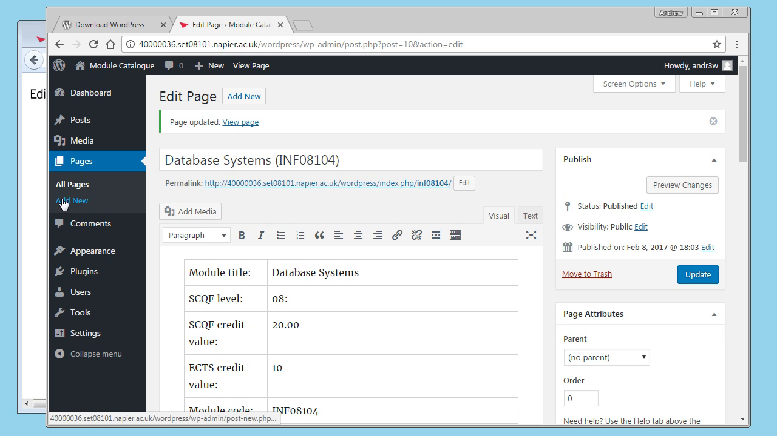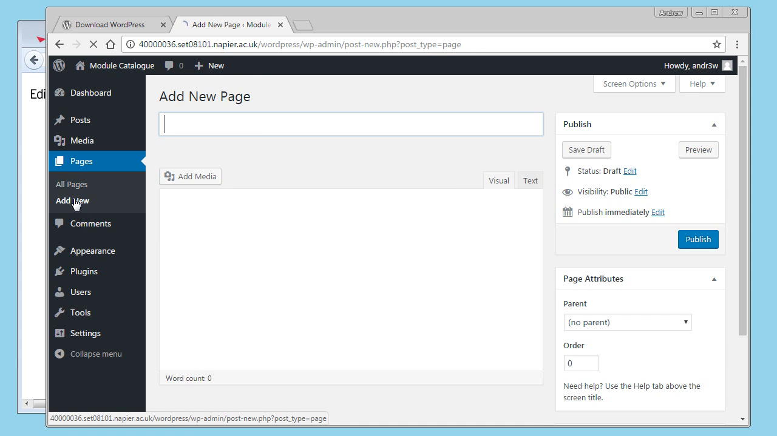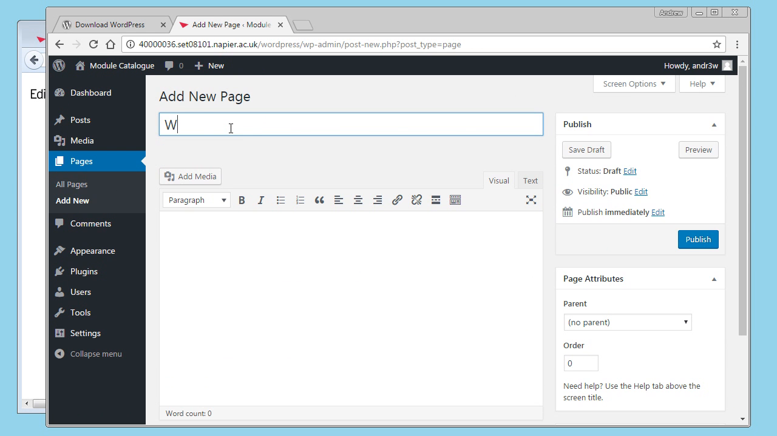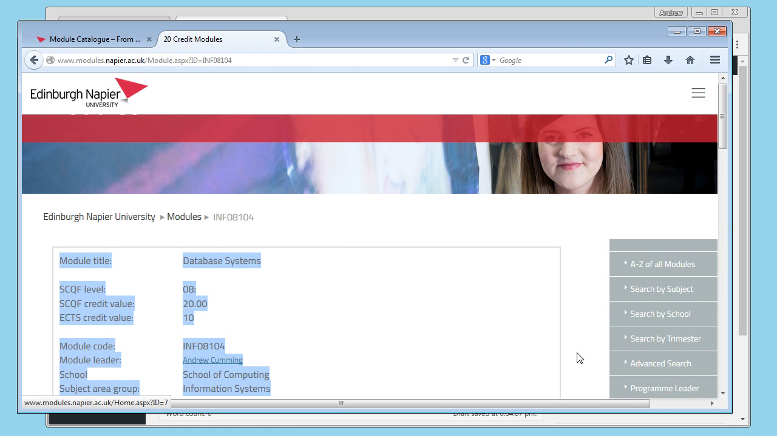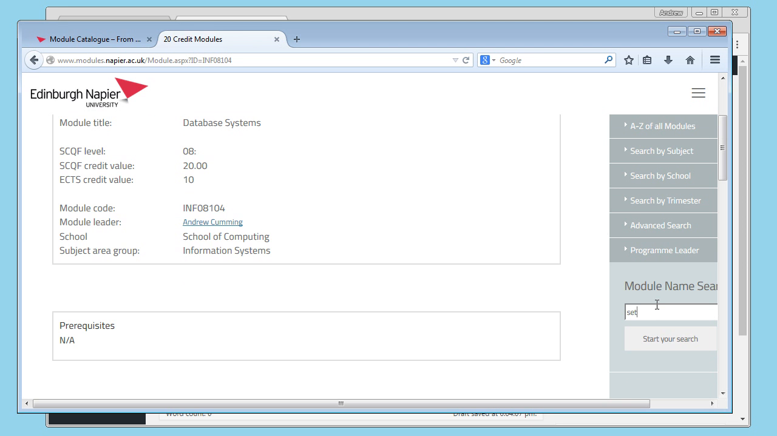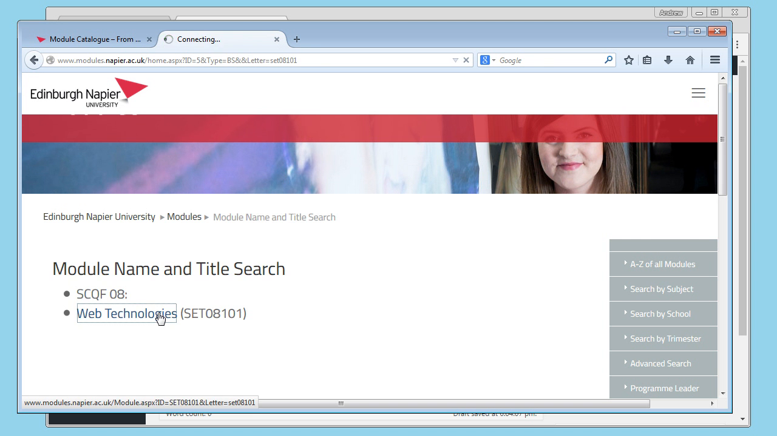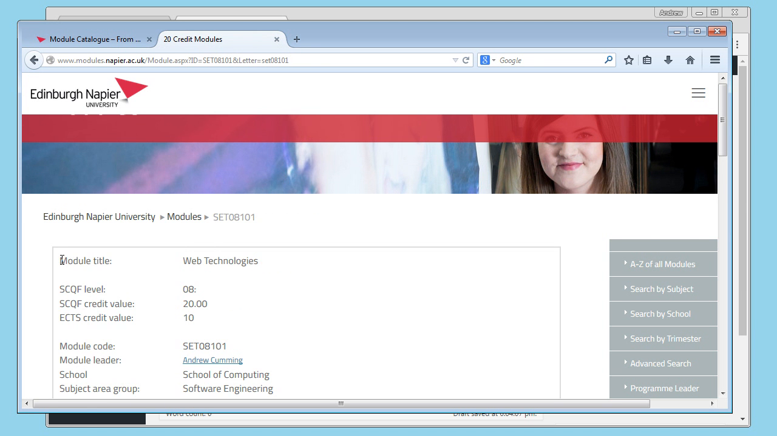And now when I go, let's have a new page while I'm here. Let's add a new page. Let's also add web technologies, and this is SET08101. And similarly, we'll just shamelessly steal content from Napier. I can't really be stealing it. I wrote all this stuff in the first place. All right, so just take all of that,